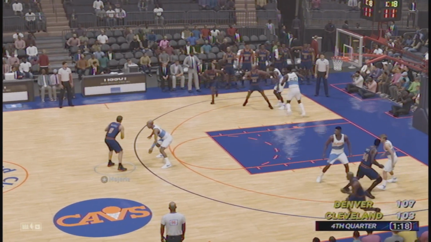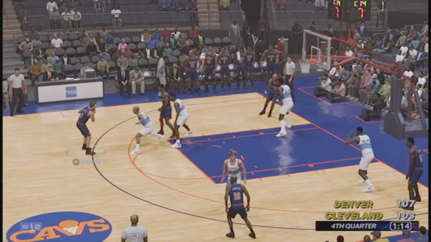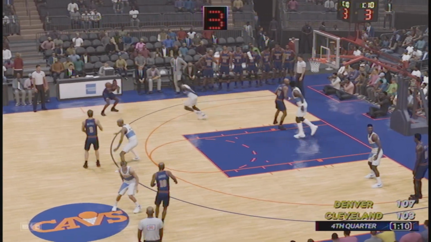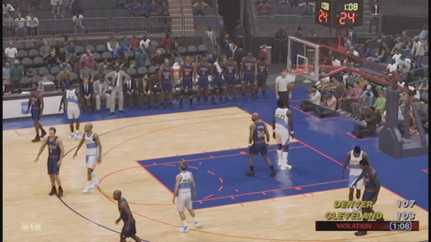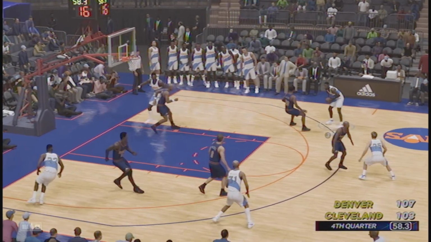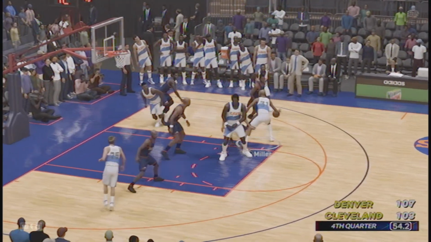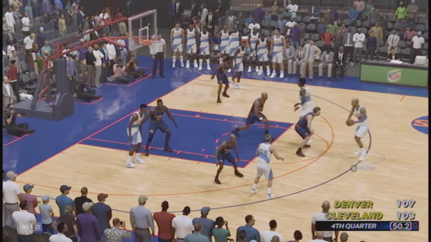Now we have Dan Marley to Reggie Williams. Dudes, I'm messing up all over the place. Dan Marley to Reggie Williams to Terry Cummings. Cummings violation? He missed a walk or something. Travel. I don't know. So the Cavaliers get the ball, had a chance to make this a one-possession game. Reggie Miller. Oh my God, guys, I need help.